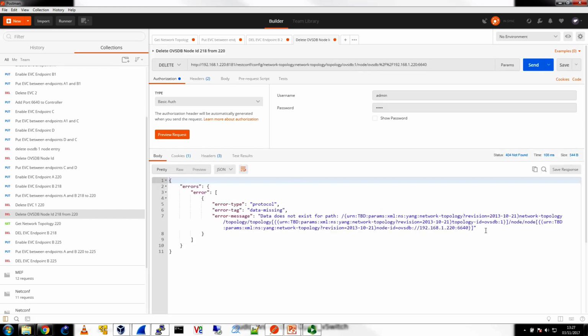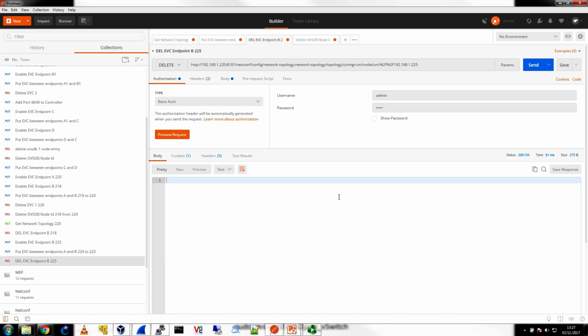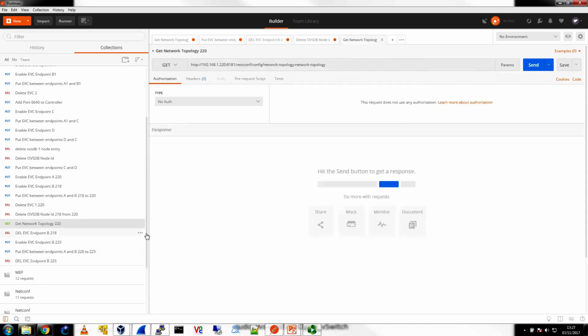So let's have a look, see what's missing here in terms of what we're trying to delete. So we're trying to delete something. What it's saying is data does not exist for that particular path. So this is looking at 192.168.1.220.6640. So it seems to be incomplete. So let's use the other example that worked. And what we can see is that this indeed worked 225, and it seems to suggest that the other information